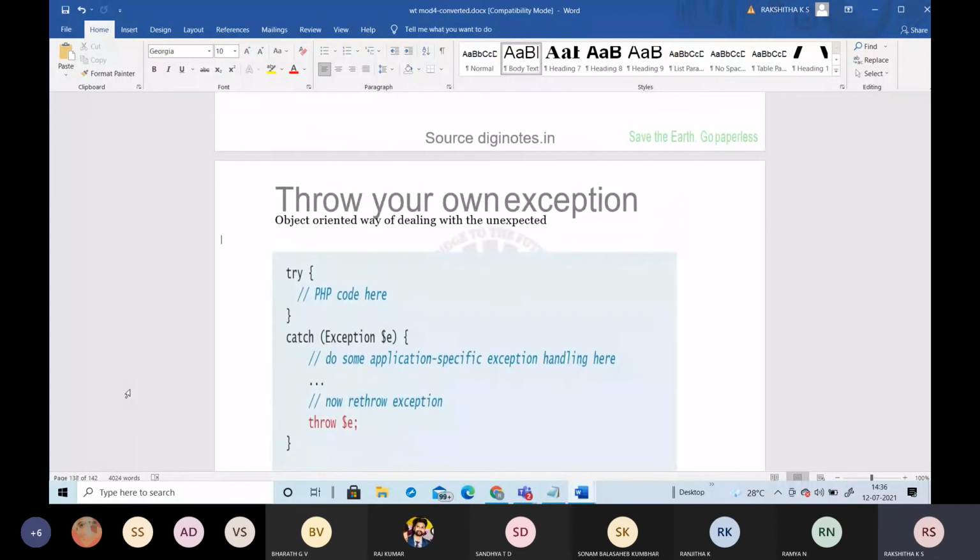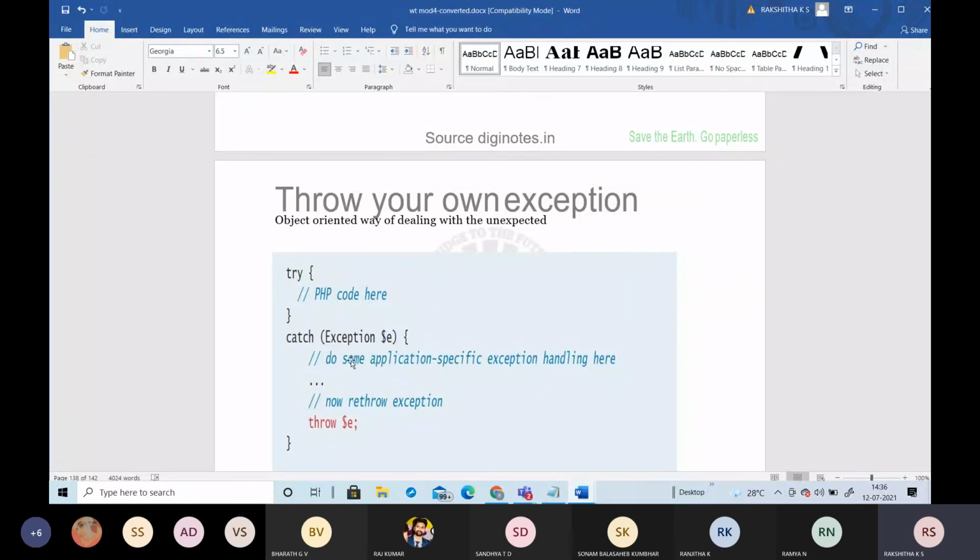So this is how you throw your exception. Here we have written the PHP code. If that PHP code encounters any error, then it will be caught here, and that exception can be handled in the catch block. It will give you the output, and at the end it will throw the exception. If any exception has occurred during the execution of the try block, it enters into the catch block.